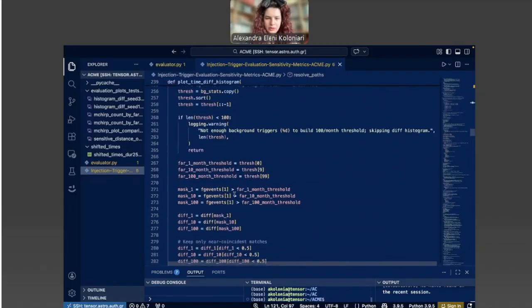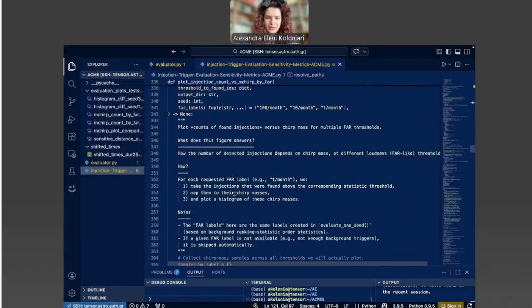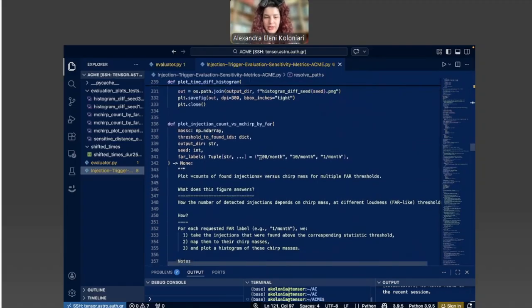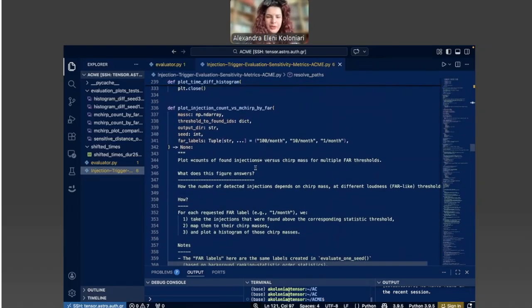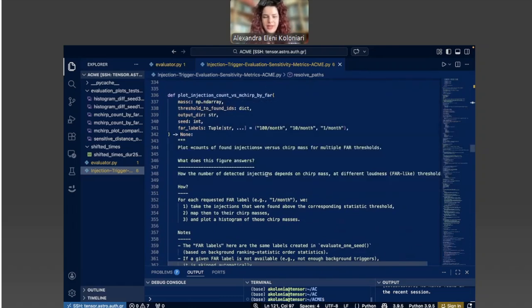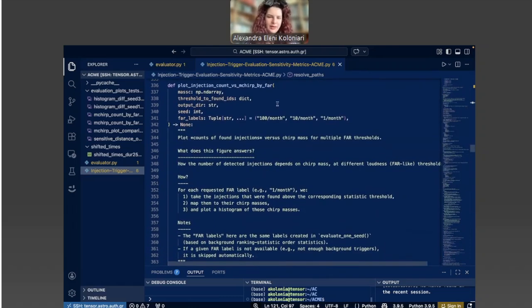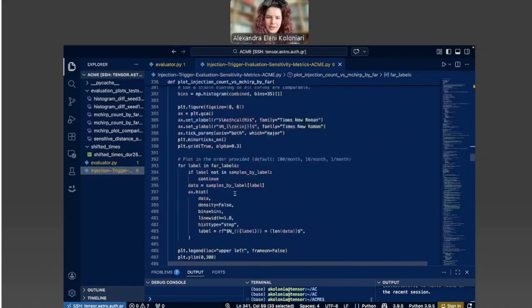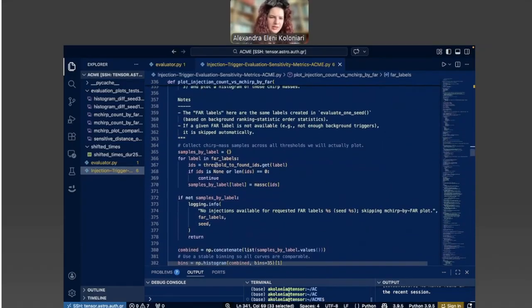Okay. So this is what that specific function is doing. Then we will create a plot for the injection count versus the chirp mass, again by the false alarms. It's a pretty straightforward plot.